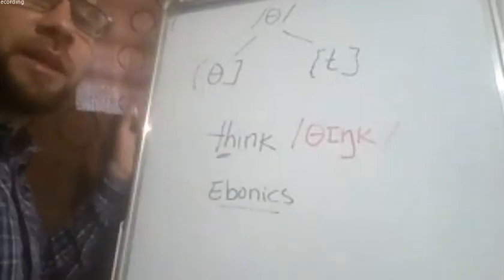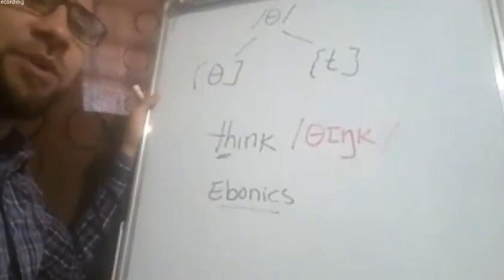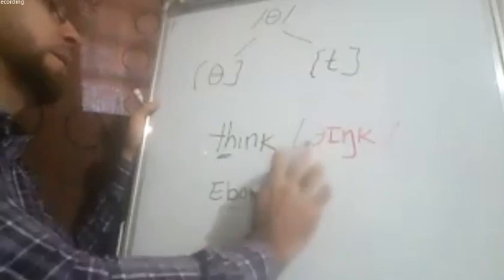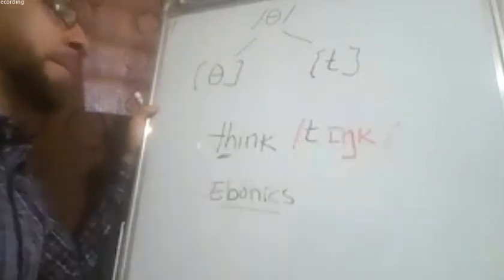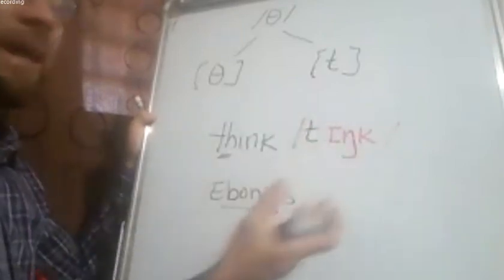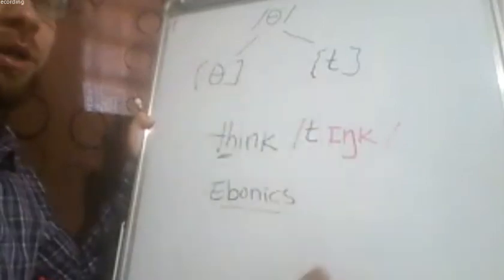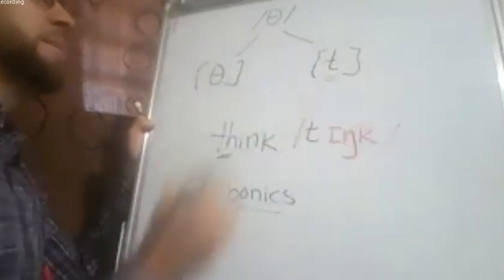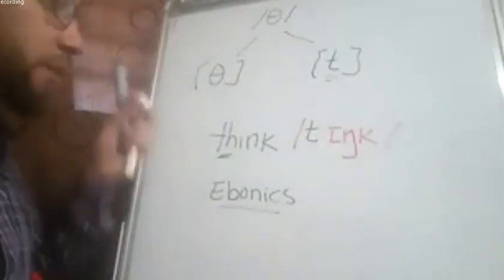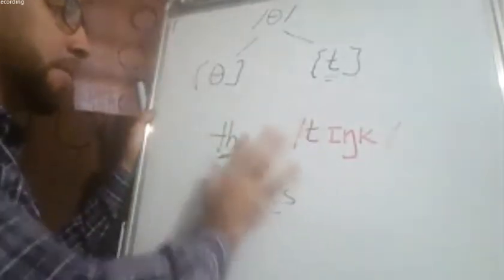But in that dialect, this specific sound does not exist. So they usually don't say think. They say tink. Okay? For us, that is wrong. For them, it is right. And they are talking about the same single word. So in this case, we can say that t in that dialect can work as an allophone of th in that dialect because it doesn't change the meaning of the word. However, in our dialect, it might be